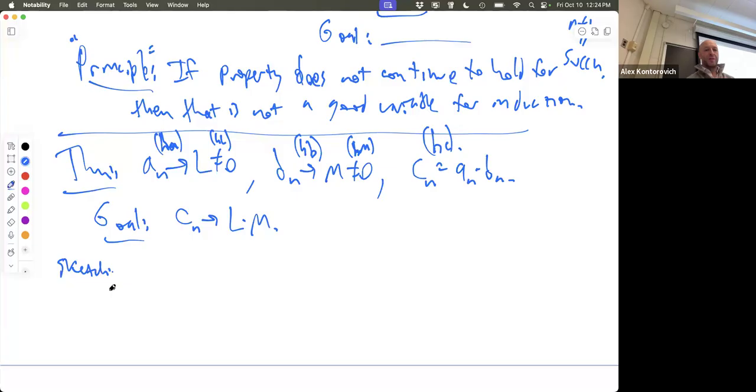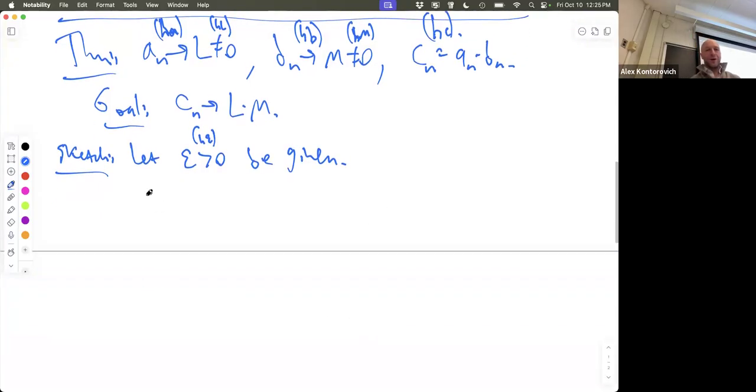Sketch of a proof, although it'll be pretty close to a formal proof. Let epsilon be given and assume that it's positive. This fact we'll call H epsilon. And so we eventually will want, at some point, I'm going to skip some lines, to look at Cn minus L times M, which of course is An times Bn minus L times M. And the big idea last time was,